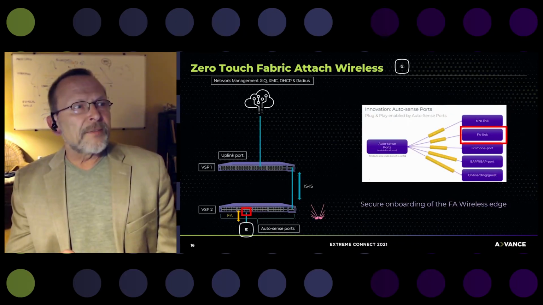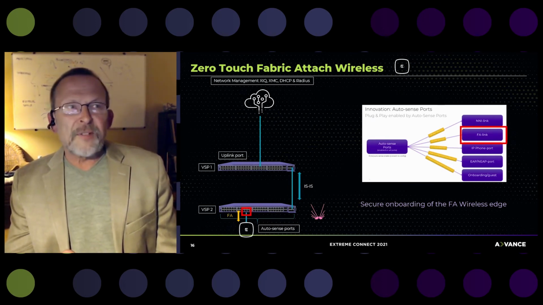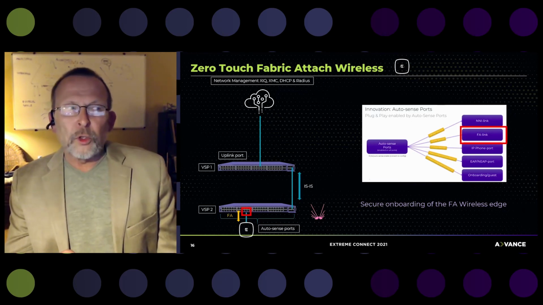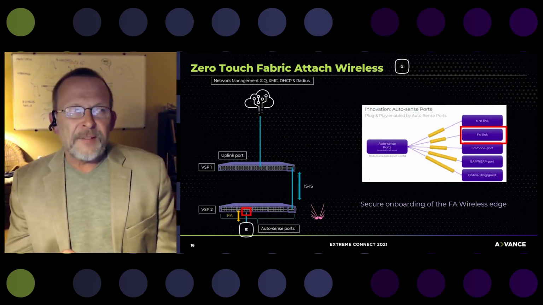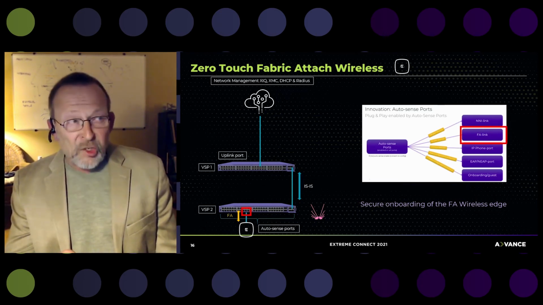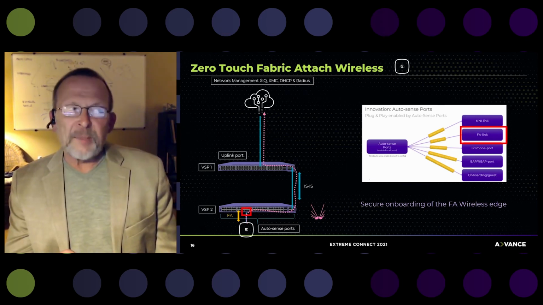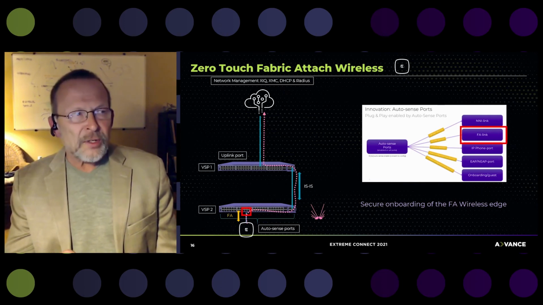So here we have an example of where we're going to move to the 5520-24W. And we're going to look a little bit closer at the 5520-24W. In this case, we're going to look at port number 16, where the wireless access point was attached. And we're going to look at the fabric attached behaviors there, as well as the private E-tree onboarding segment and the way it behaves in that instance.